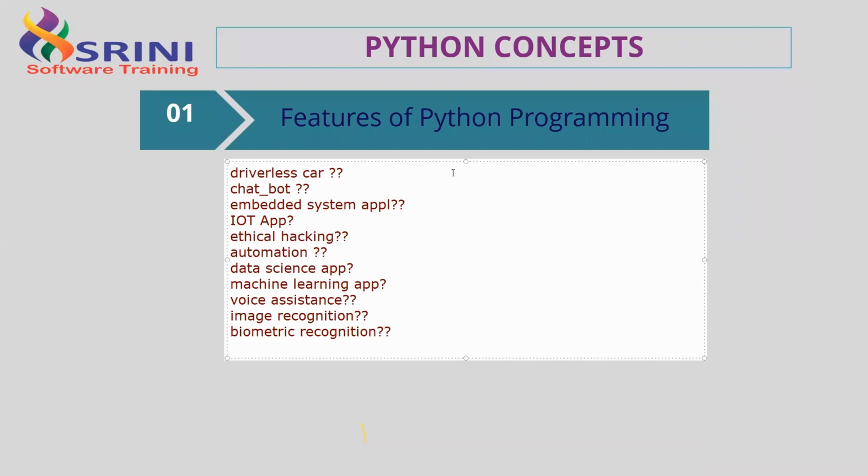All these questions, the answer is only one, which is the most powerful and open source programming language called Python. These are all applications, very majorly 99% of the applications will be made with only Python, not with Java. So don't compare Java with Python. The only similar characteristics are that both are platform independent, and both are object oriented programming.